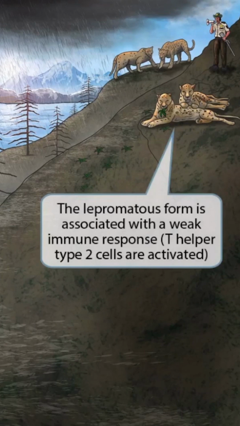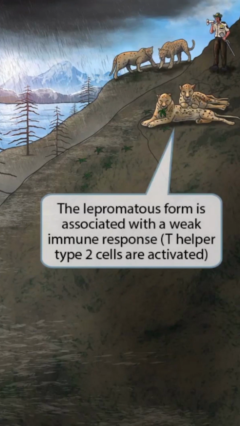To represent the lepromatous form, we've added 2 more leopards to the image. As you can see, they're pretty lazy, just laying on the ground munching on some greens. So lazy leopards for lepromatous form. The fact that they are lazy should help you remember that the lepromatous form is associated with a weak immune